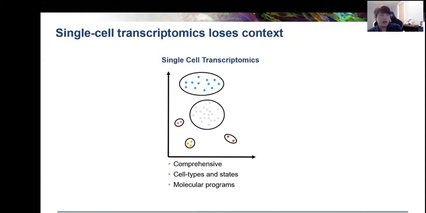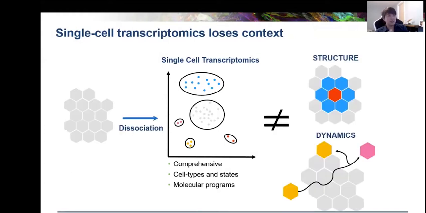And from that, you can get a sense of the molecular programs that exist within these cells. However, fundamentally, we have to remember that to apply single-cell transcriptomics, we have to dissociate a tissue. And when we do that, we lose the spatial and temporal context about where the cells come from. So we take a piece of tissue, we grind it up, we put it into a tube, and we come out with this single-cell slurry, and then we put that into a sequencer. And while we get to measure individual cells, we lose the context of who their neighbors were,